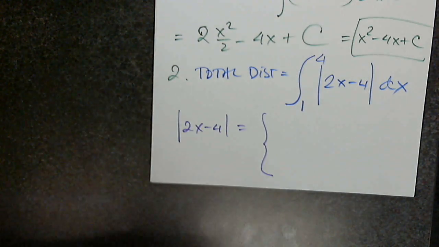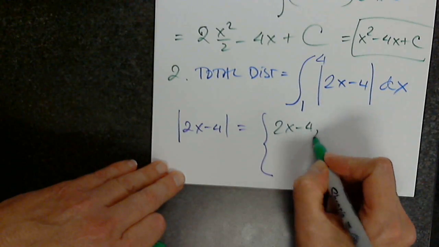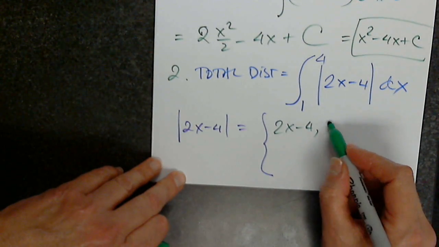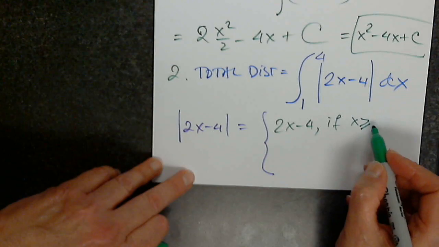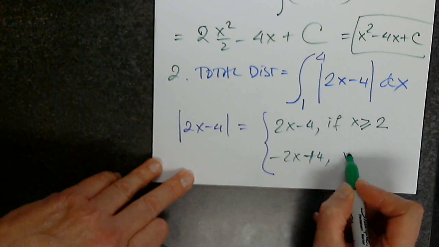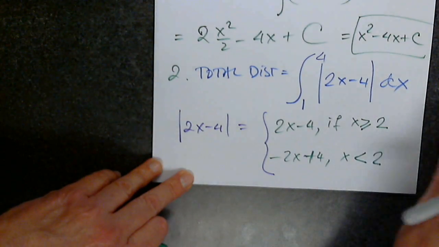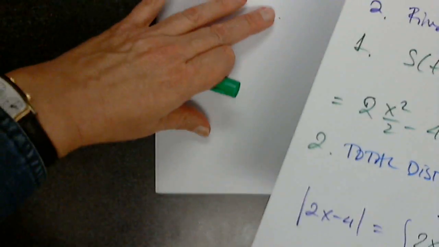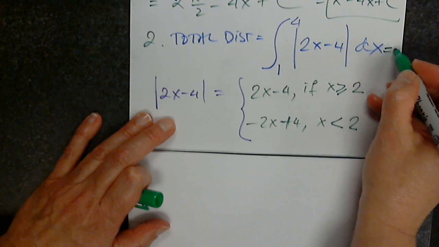Okay, so there are 2 options. One option is 2x minus 4 if x is greater than or equal to 2, or negative 2x plus 4 if x is less than 2. Good. So therefore, this will equal